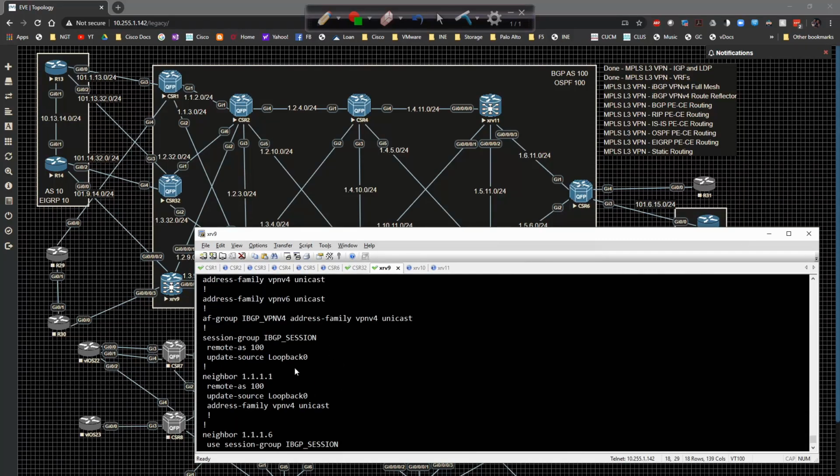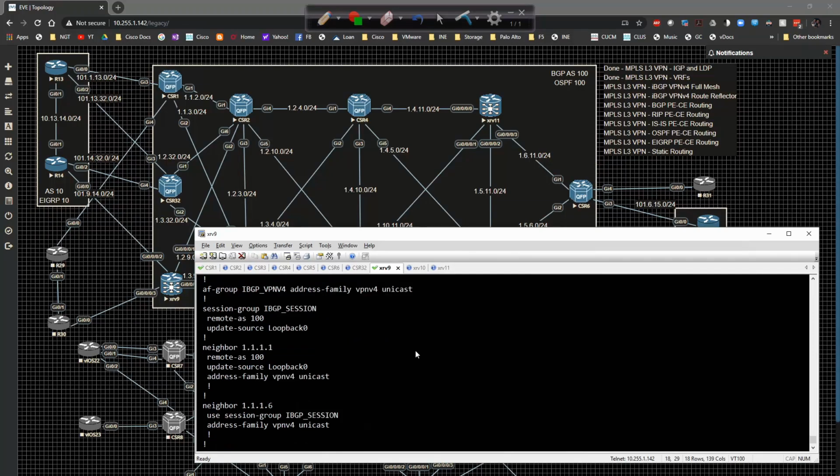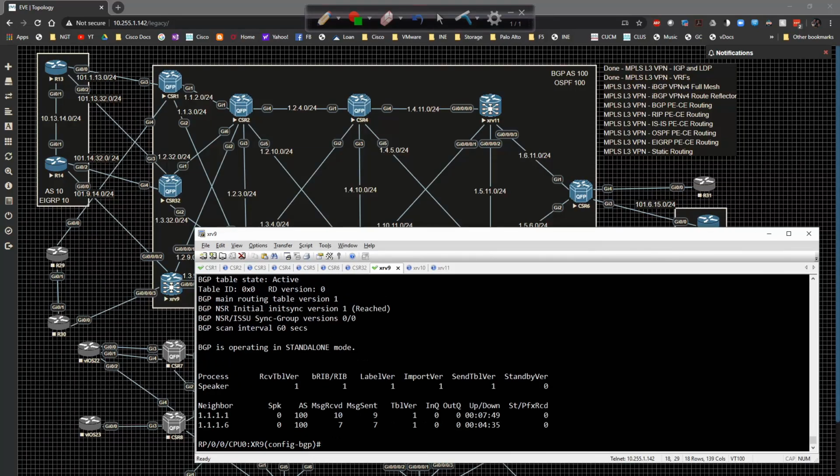That's the syntax, right? It can get a little involved, but for the most part, not too terribly difficult. So now we have CSR1 and CSR6 defined, and if we do show BGP VPNv4 unicast summary, both of those peerings